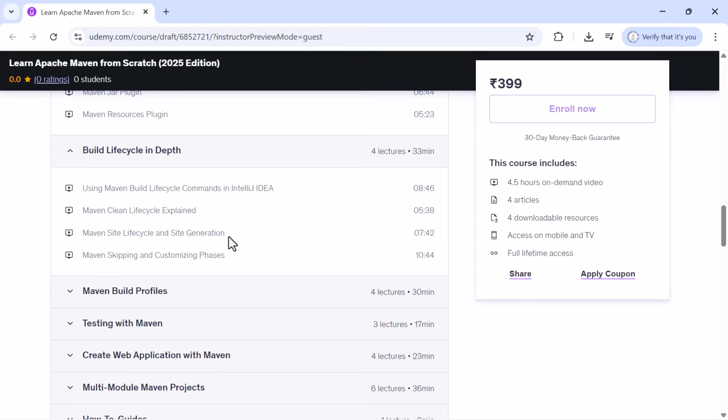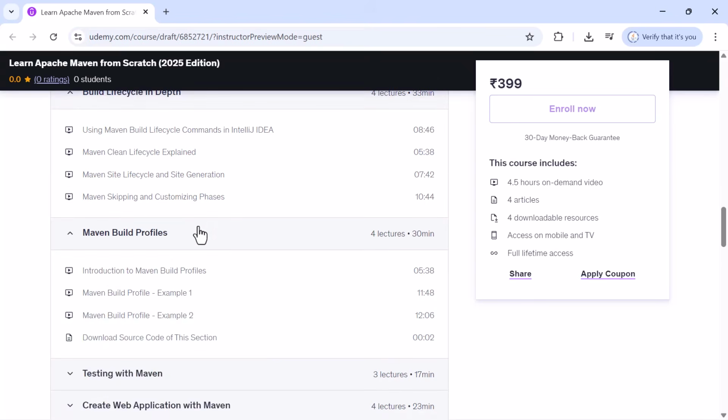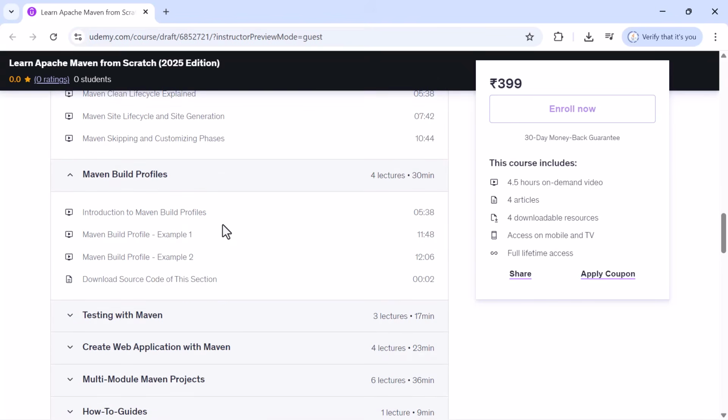Then we take it to the next level with Maven build profiles. Imagine running different builds for development, testing, or production, all with a single command. That's the magic of profiles. We'll walk you through real examples and show you how to define, activate, and test your own profiles with different